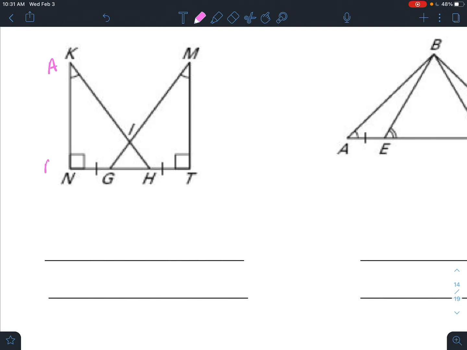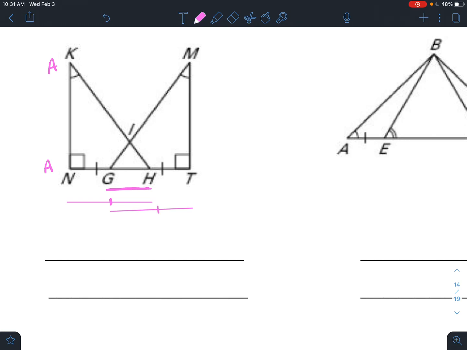We have an angle and we have an angle. And if I have NG and TH that are congruent to each other, they also share this GH. And remember that if I add the same thing to both sides, our result is going to be congruent. So I have this side here that's going to be congruent to this side here, to GT,